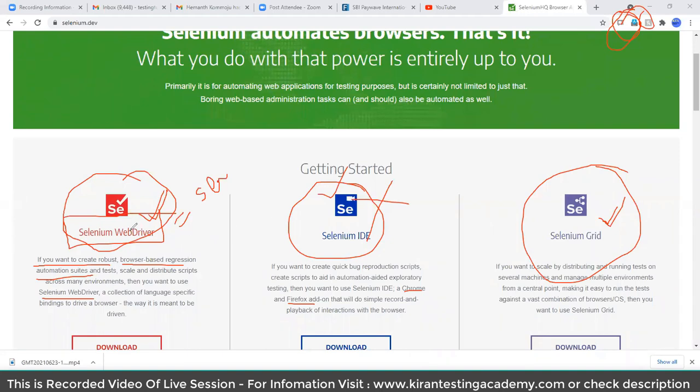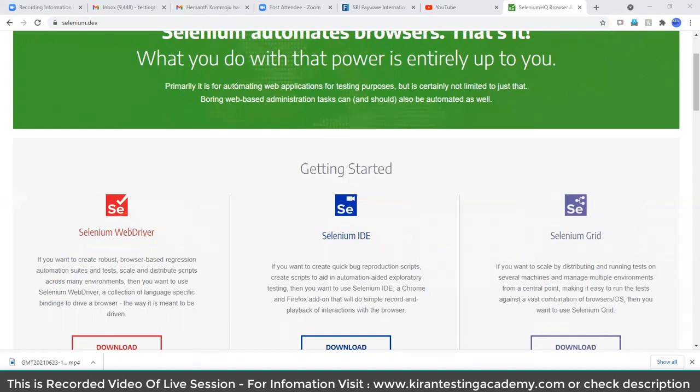If I am talking about the next slide, advantages of Selenium, what does it mean? Advantages of RC or advantages of WebDriver or advantages of IDE? Advantages of WebDriver only. So whenever you get any job posting, if they say requirements on Selenium, it's nothing but requirements on Selenium WebDriver only. Selenium WebDriver is most commonly used in the organization. Clear, guys? And the whole course is on Selenium WebDriver only. Whole course will be on Selenium WebDriver only.